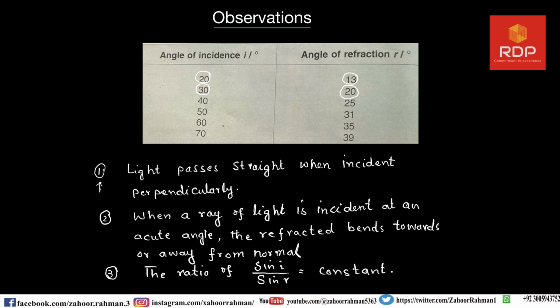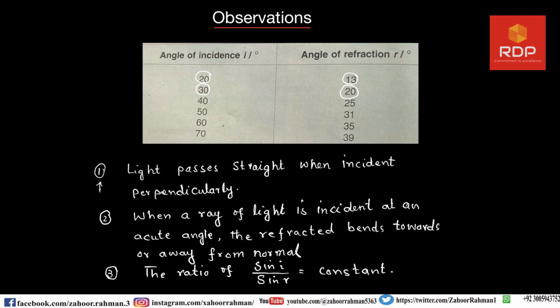That is the first conclusion. The second conclusion is when a ray of light is incident at an acute angle to the boundary of the media, the refracted ray bends towards the normal when light travels from an optically less dense medium such as air into an optically denser medium such as glass. So the converse is also possible,